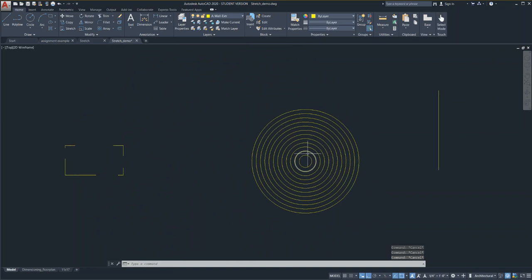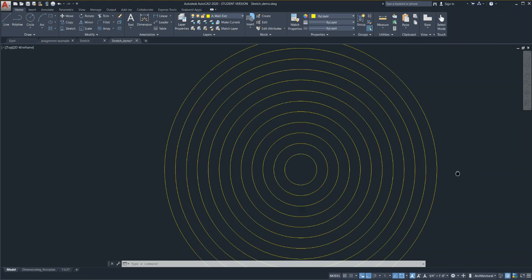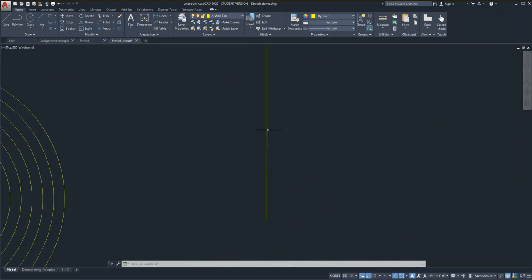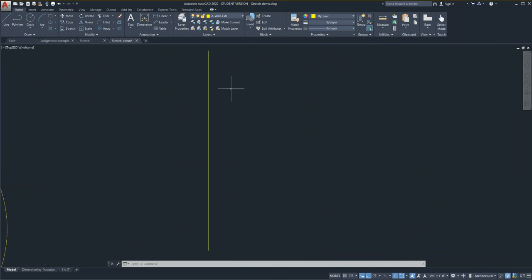So offset worked really well. It will take an original object and it will offset an exact copy a specific distance off that original object. Okay, and so essentially it does copy an object, but it's at a specific distance. So that's very helpful, for example, when you're trying to generate a floor plan and you want to create a wall system, right? So I can come in here and I can type in line, enter,